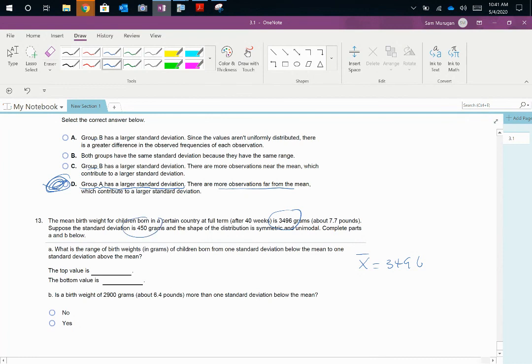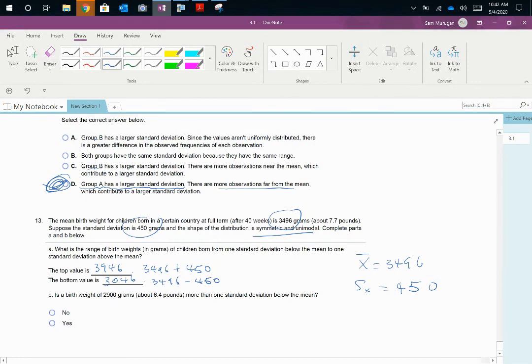The standard deviation is 450 grams. And the shape is symmetric and unimodal, complete parts A and B. So the top value is simply 3496 plus the standard deviation, which is 3946, and the bottom value is 3496, the mean minus the standard deviation, which is